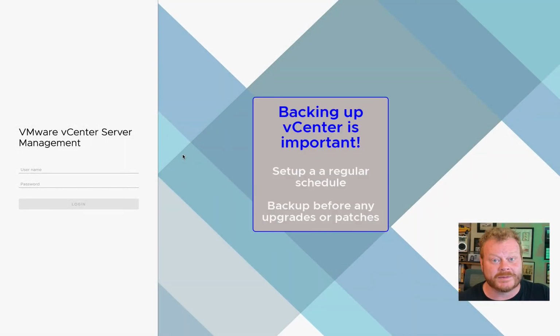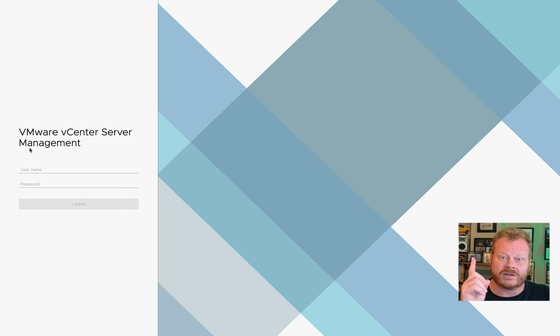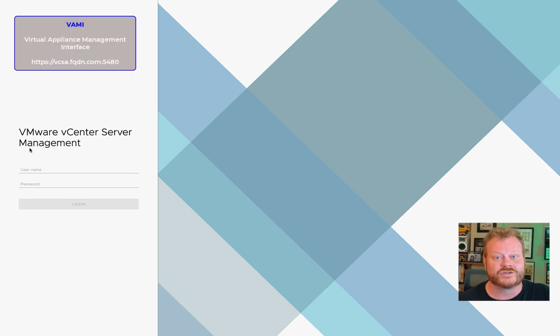Today I'm going to talk about backing up vCenter Server 7. If you're still on version 6.x, the process is slightly different, so I'll link to an article up top that can help you. First, we need to log into the VAMI, the Virtual Appliance Management Interface found on port 5480